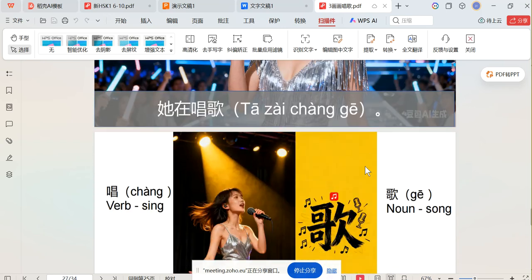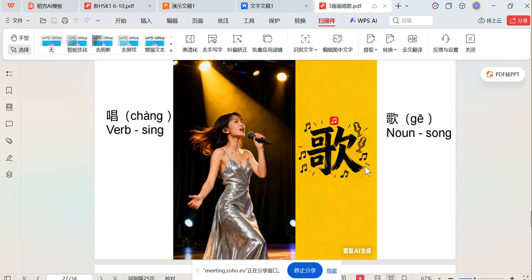Review is also very important for you. 唱 is to sing. 唱 is a verb. Sing. And 歌 means song. 歌 is a noun. So this word, you can also consider it as a phrase. Sing songs. So let's say 唱歌。